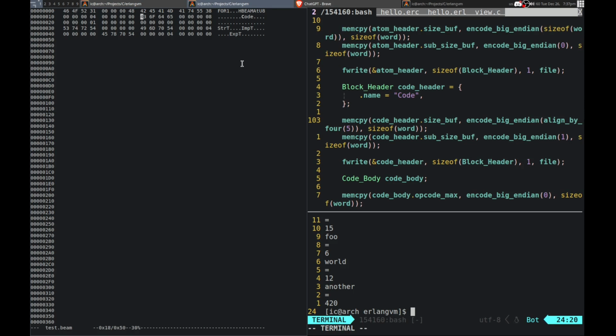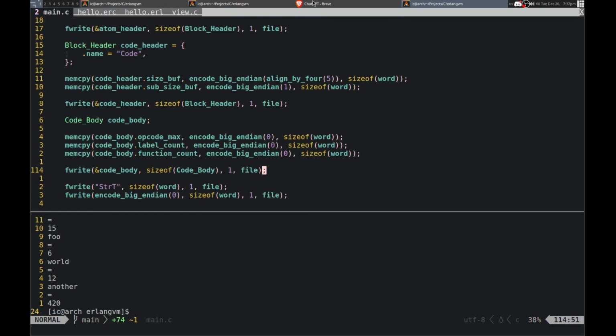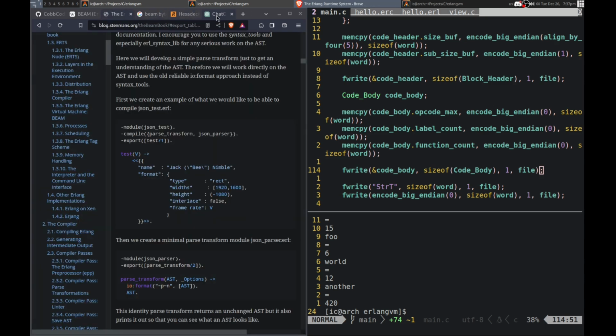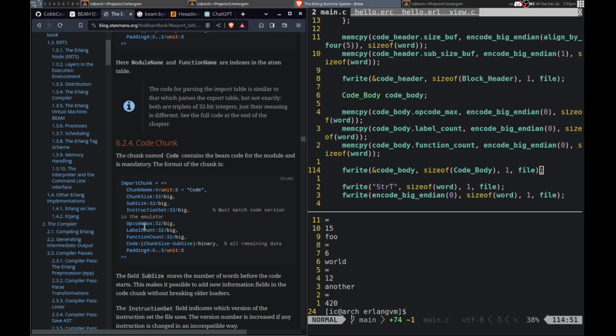Let me go to the code. Alright, so here's where the code starts. There is 8. Okay, so that's right then. And then we have 1. And then we have an empty one, and another empty one, another empty one. Why do we have so many empty ones? Oh shoot, yeah, because there's the three bytes, which were for that. So that should be fine then. Looking at the code one, unless I mess this up, because I don't have the function count, but that didn't work, or the instruction set rather. Sum size.